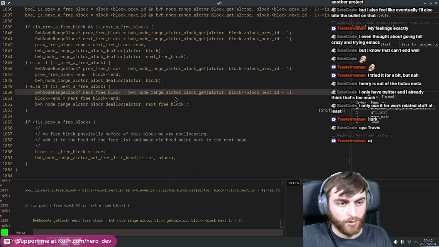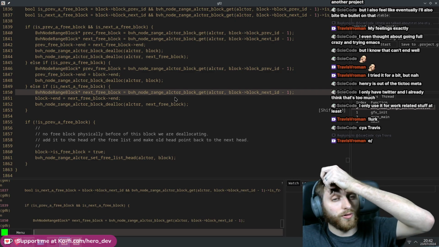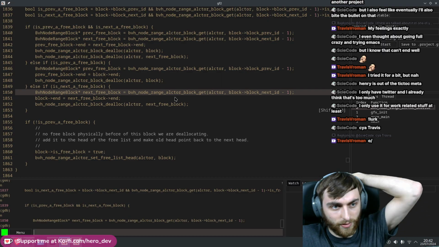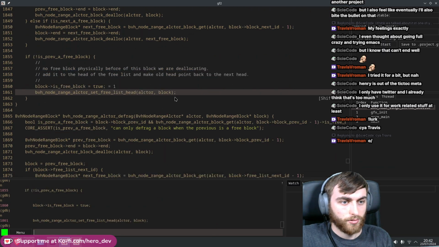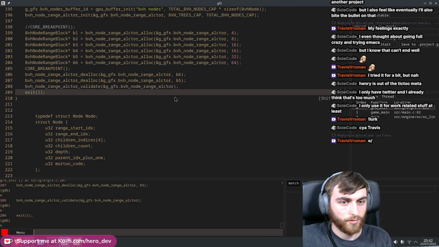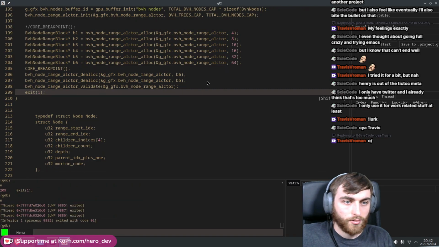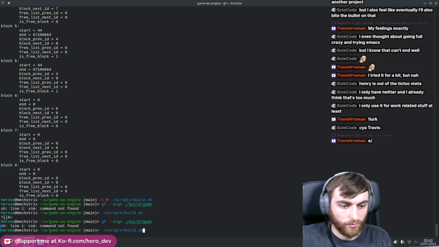Yeah, next is free. So does this branch. So we've just got to get it to test the previous block is free as well. Adds it to the free list. Right, so validated, okay. Let's just run it without the